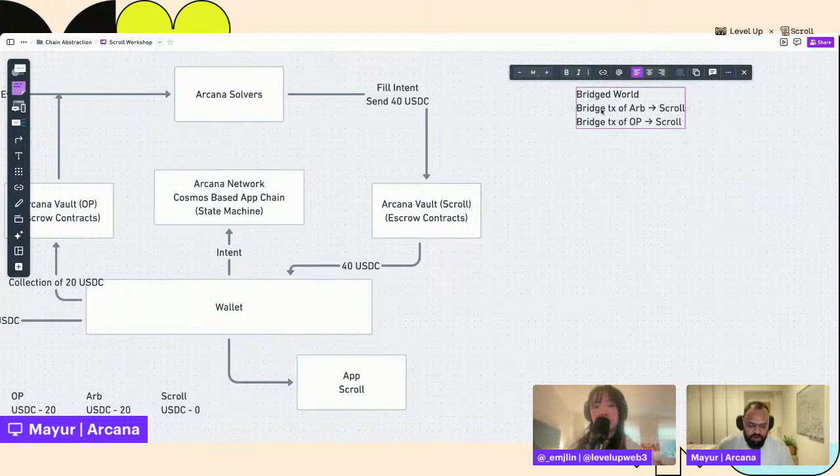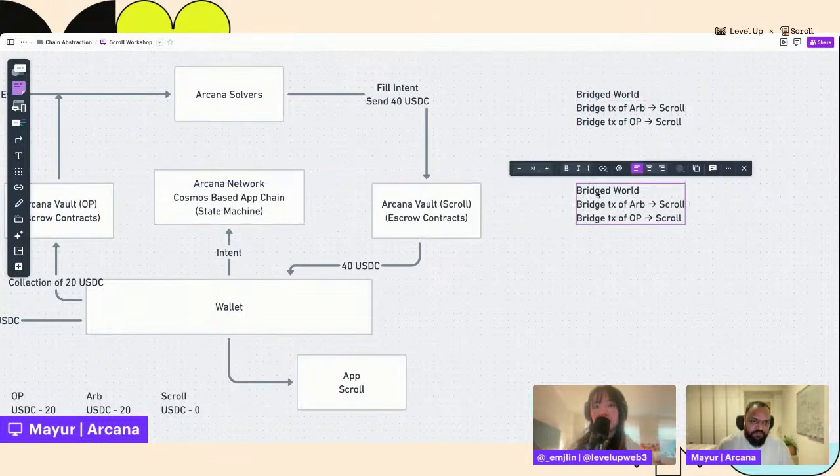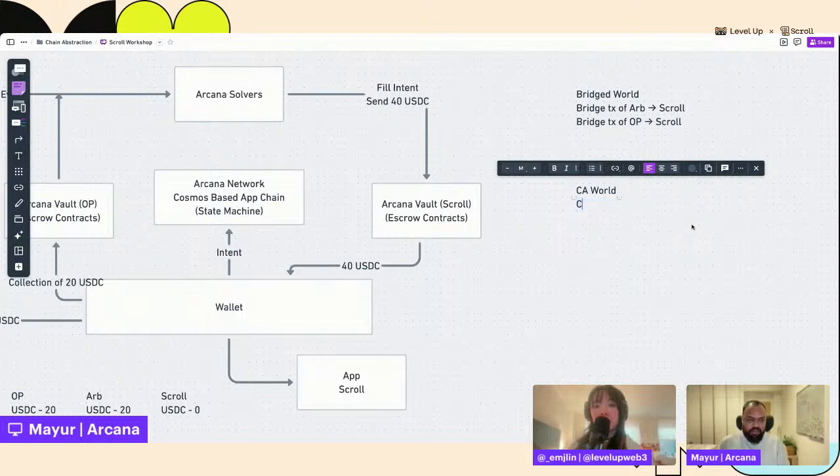And so what we do now, in the chain abstracted world, is there is a collection on OP, a collection on ARB, and a fill on Scroll.